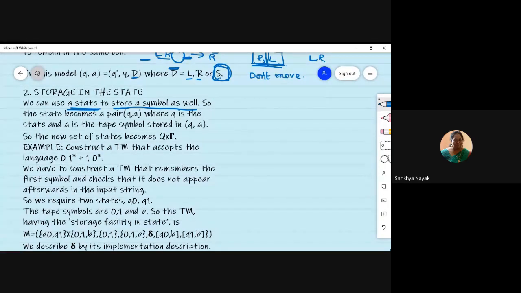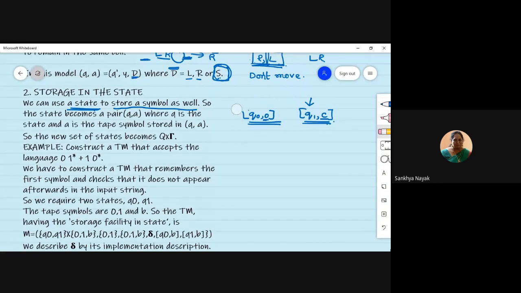How we can do it is, instead of writing the state as Q0, Q1, etc., we will write the state as [Q0, 0] or [Q1, B], something like this, C, etc. The meaning of this is, you were in Q0 and now you have seen 0. Similarly, let us say you were in Q1 and on seeing C, you have moved on to [Q1, C]. I hope this is clear. This is how we are going to use this as a technique for designing a Turing machine.